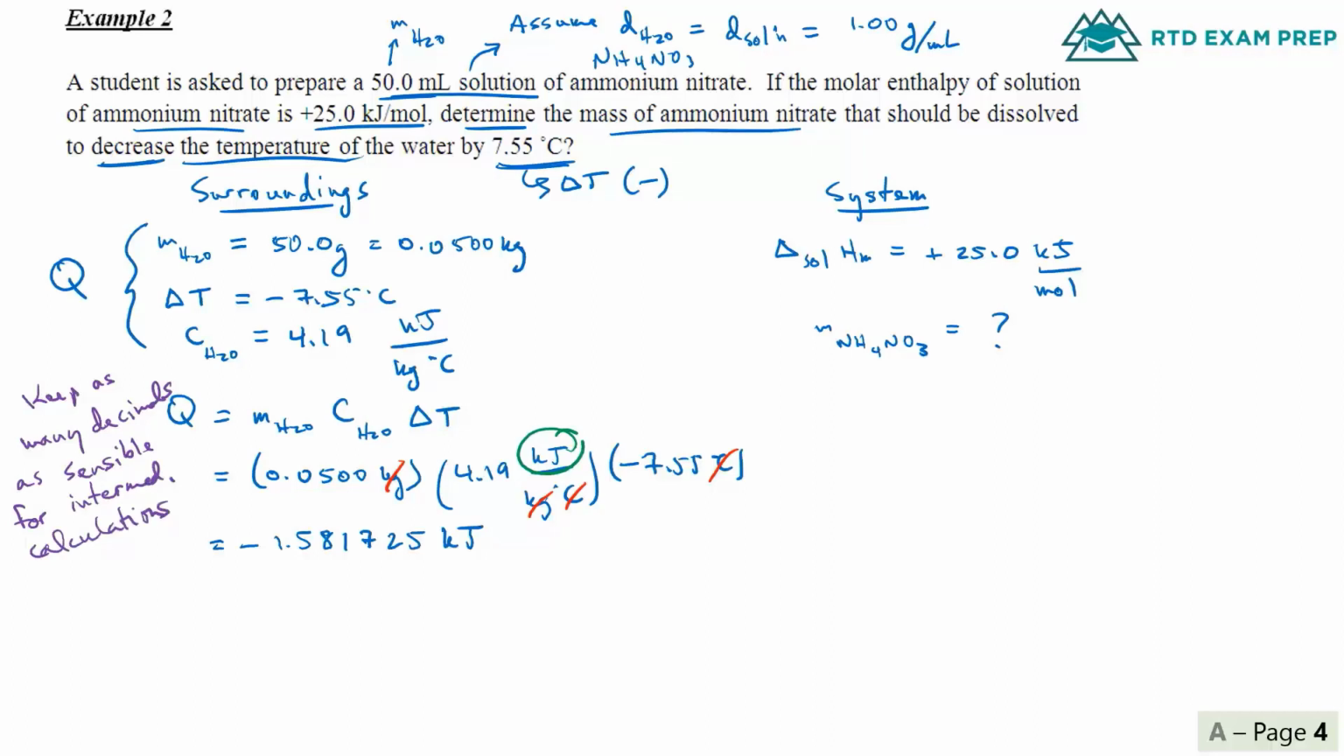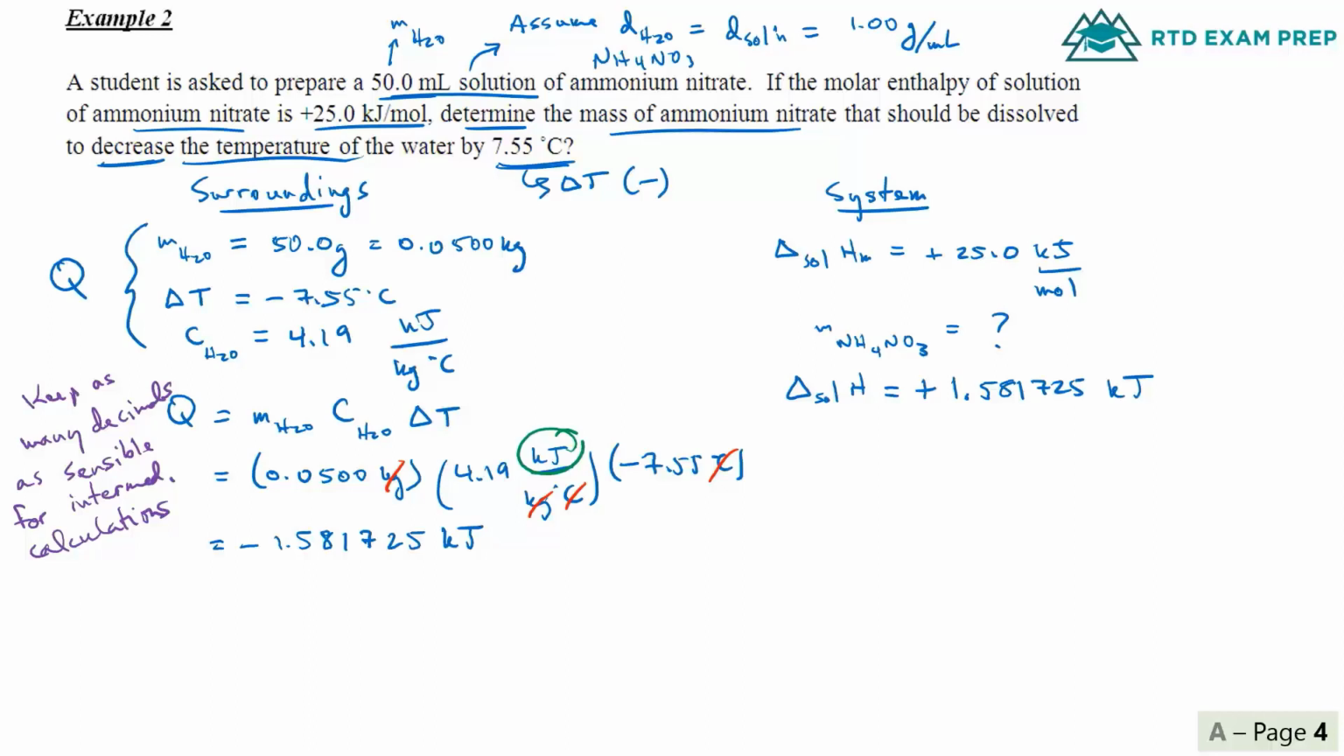Okay, because once we get that, we can now go over to the system heading, and we know that we have our Q. We can easily calculate our plain old delta H for solution for this particular scenario. It's simply going to be the opposite sign version of our Q value. So it's going to be positive 1.581725. Okay, now that we have that,